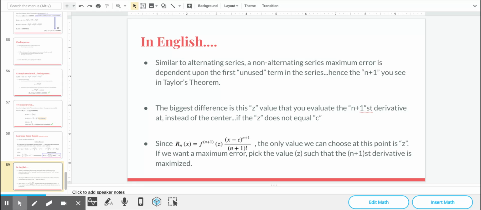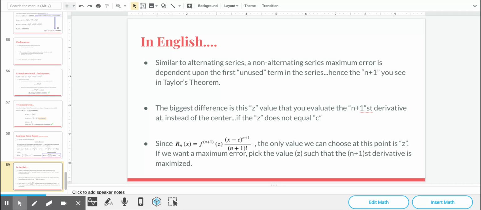Typically, we do that at the center. It may or may not be the center. So z may or may not equal c. That's something we might have to determine along the way. All right. Since the remainder is actually equal to that term that you have there from Taylor's theorem,